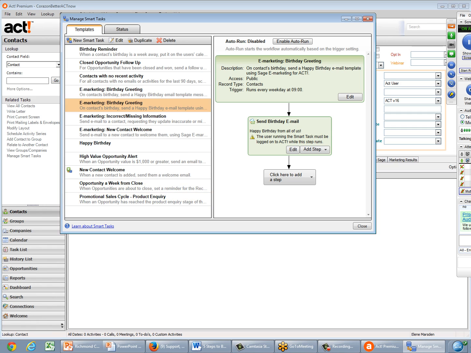Hopefully that's given you a view of what they look like. And if you are interested, play around with the sample ones that they give you, and in order for them to be tested you want to make sure that you have like one day between each of the steps so that you can keep an eye on them and monitor them. Okay, so that's smart tasks, very, very briefly, I know.